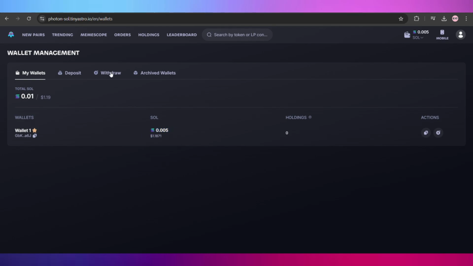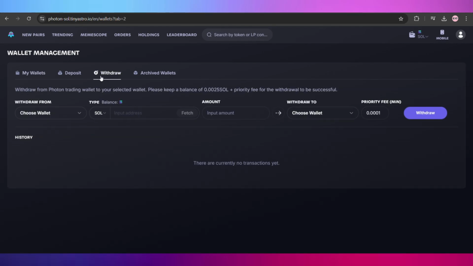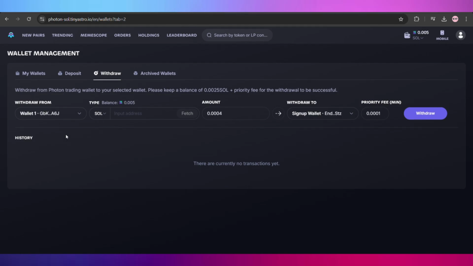So what I will do is I will head over to the withdraw section, and here the first thing we will do is select our current wallet on Photon, and after that we will set up the amount you want to send. For example, here I have set up this amount, and here you will enter the receiving address of the wallet where you want to receive your Solana. And after that I will just change this a little bit, and after that just click on withdraw,